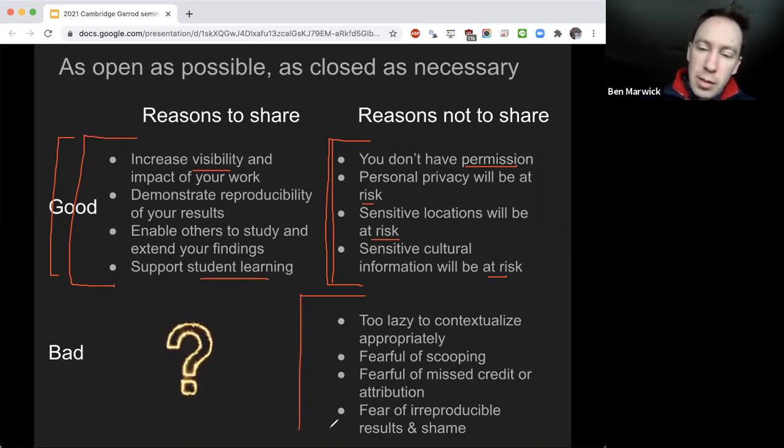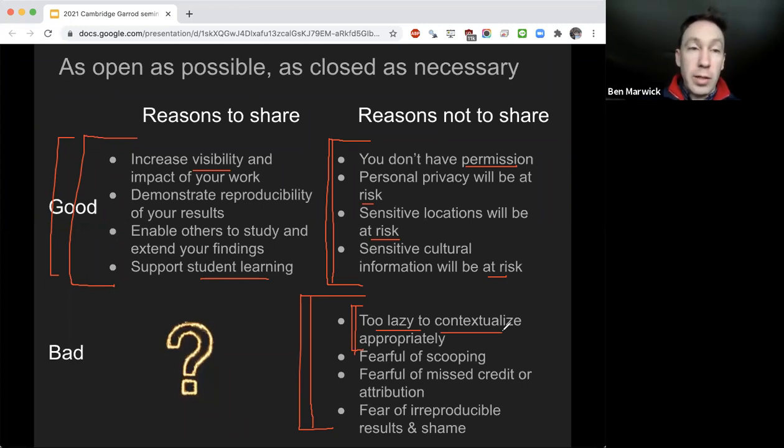Here are reasons that are bad reasons not to share, right? So you say, well, people are going to misunderstand my data, they will misuse it. And I believe this is because you are too lazy to contextualize appropriately, right? I think it's rarely the case that archaeologists are going to have a bona fide reason to fear misuse of the data. People who work on autism and maybe even immunization data, maybe they have a more serious risk of malicious people badly using their data. I think in archaeology, the risk of that for us is extremely small, and I believe we can overcome it most of the time with proper effort into